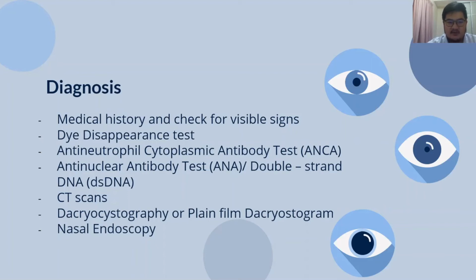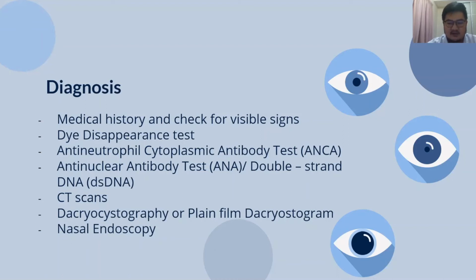The next test would be the anti-neutrophil cytoplasmic antibody test, which can be used to determine Wegener's granulomatosis, while the anti-nuclear antibody test and the double-strand DNA test can be used to determine lupus. CT scans are done in cases of orbital cellulitis or extensive infection, while dacryocystography and plain film dacryocystogram are used when there's a suspicion of anatomic abnormalities, while nasal endoscopy can be done to rule out septal deviation and